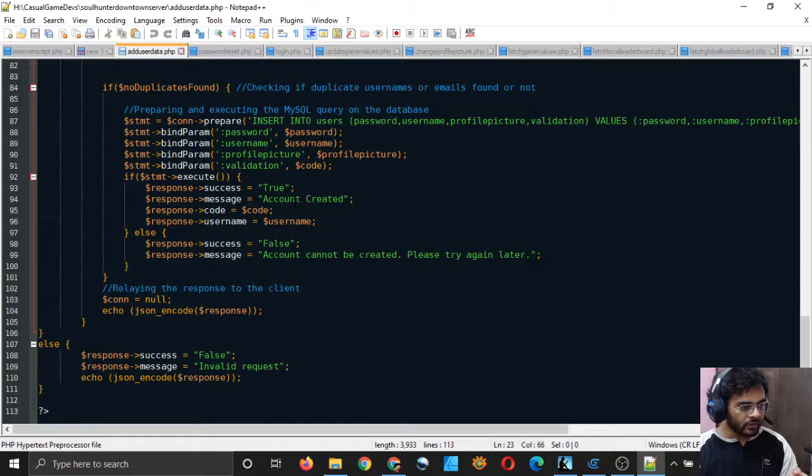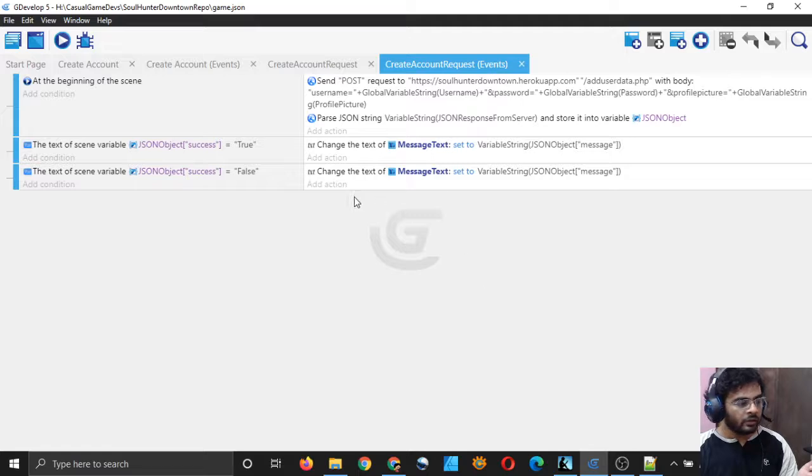The server sent me this message, account created, and that's okay. I see. In the message field of my response variable, I have only put the string account created, and in other fields like code and username, I have put my code and username. So I have to display them separately. So that's good. That means that we don't have to do any modification in the server code. So let's do that simply.